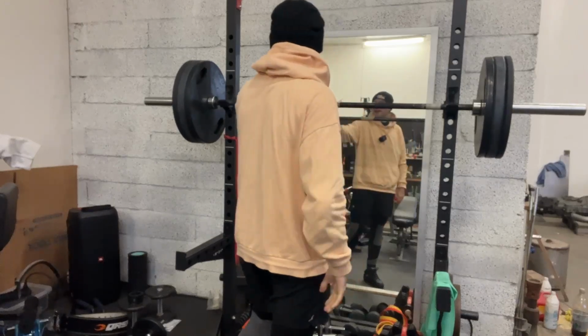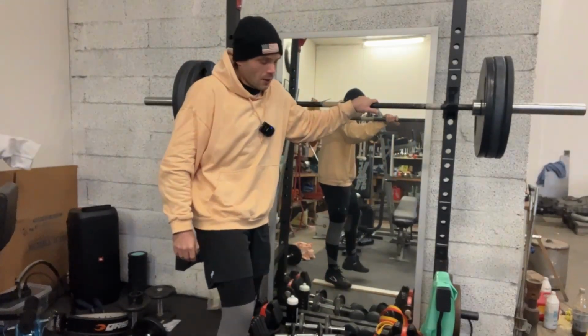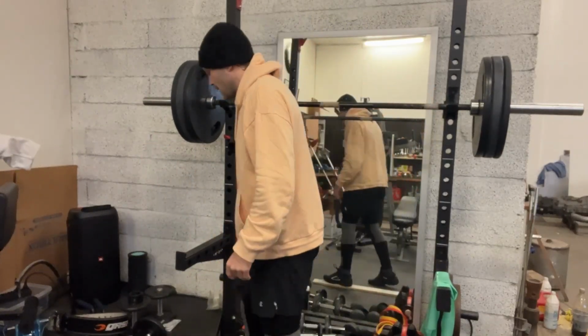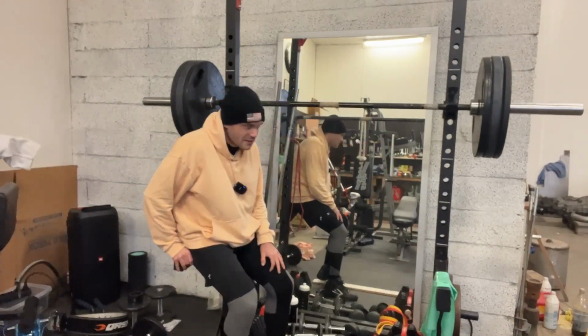That's a good set. Whew. First working set with 10 reps of squats in months. So, basically,